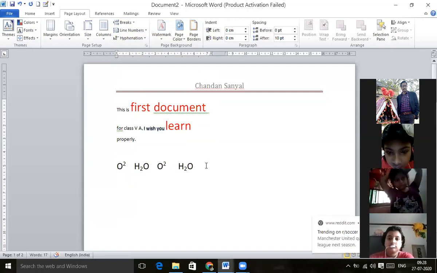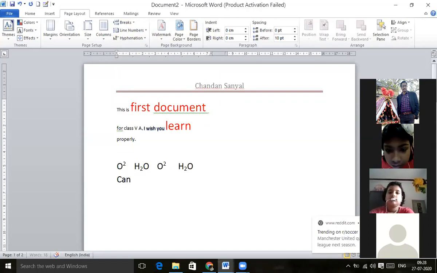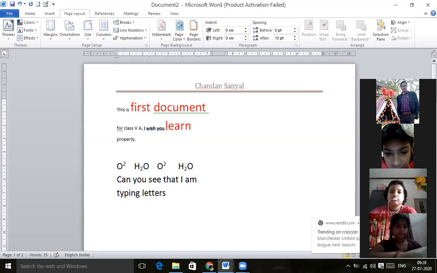Now I will type. What I am typing is appearing on the screen on one part of the columns.